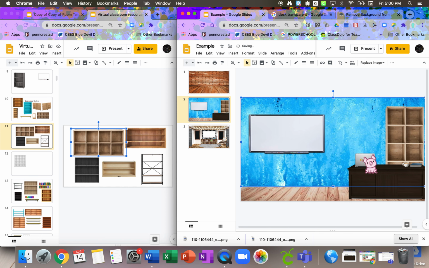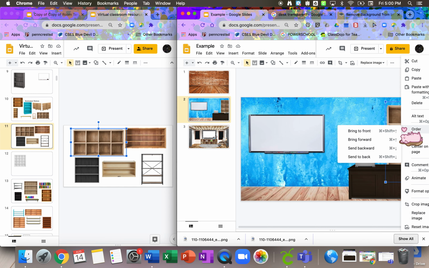Send back. There we go. And now it is in front of my blue background, but behind my desk. So that works. You can put it there. You can put it, like I said, wherever you want. But in order to decide what image is on top of the other, you again hit Control click, Order, and